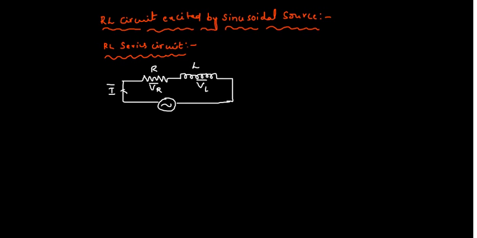Now this is the circuit diagram. Now if you see the vector diagram, I'll take this one as the current I, and this one is my voltage source V. This is the current I, and this is the voltage across the inductor, VL. Whenever a pure inductor is there, the current always lags behind the voltage by 90 degrees, or else the voltage leads the current by 90 degrees.